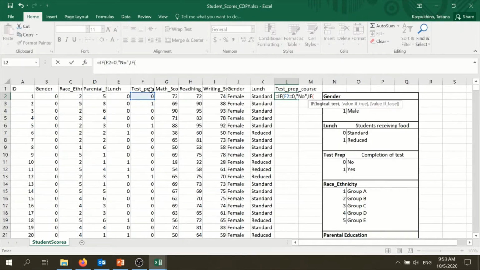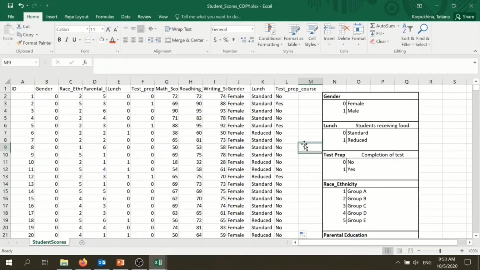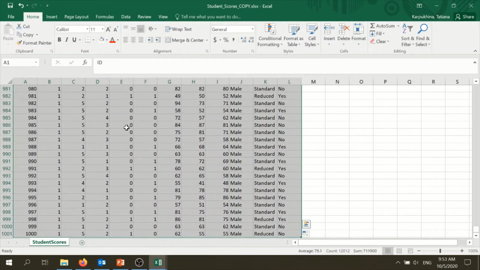let's say then if it is, if here we had 1, what should we type? Yes. And what if it's not 1 and not 0? Then let's type again error. And place 2 brackets so that inner and outer formula is closed. Double click and extend. Now let's highlight the whole table, Shift, Control, and arrow down so that you have the